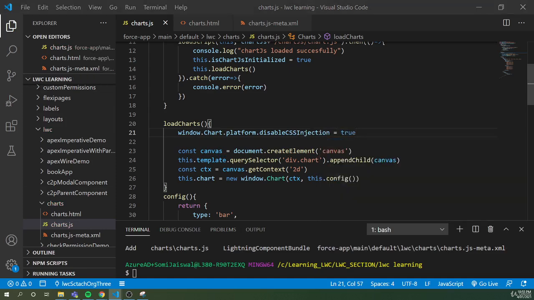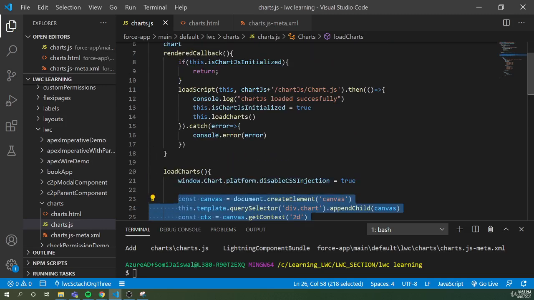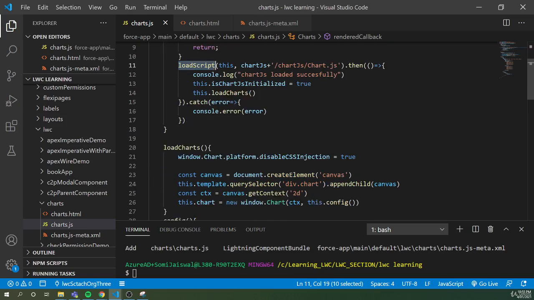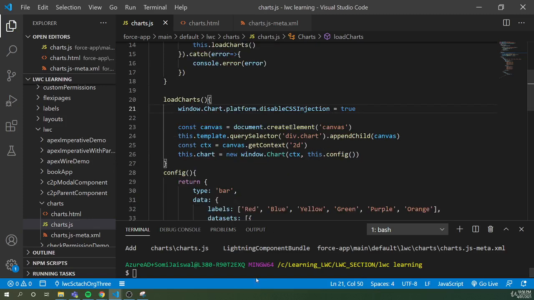Because the canvas is not yet created, and when the library loads, it tries to run the CSS and inject that CSS into the DOM, but at that time the DOM is not ready, so it will fail or throw an error. So it's better that as soon as you try to load, just run this line which tells Chart.js to disable the CSS injection. And now let's deploy this